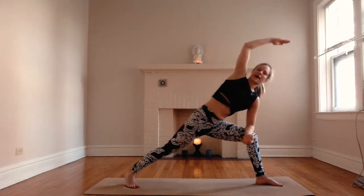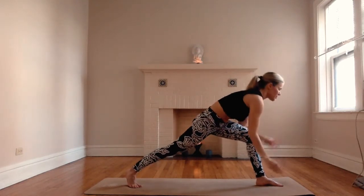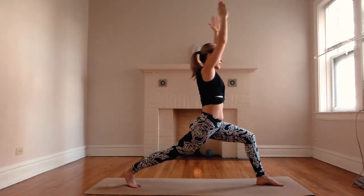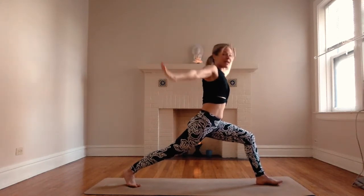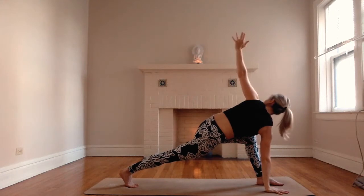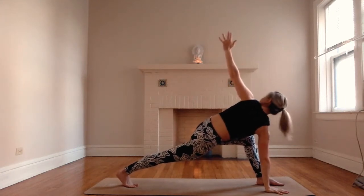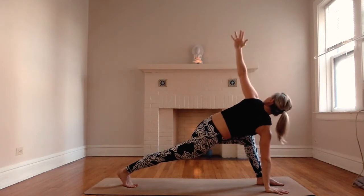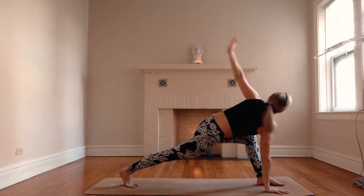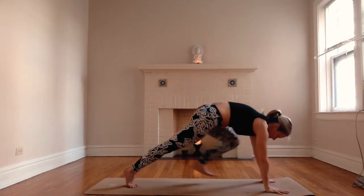Come up on that back, on that right ball of the foot. Heel comes up. We're back in crescent lunge. Bring that right hand down to the mat and open up for a twist. Press that back heel towards the wall behind you. Deep inhale, and then exhale, bring the left hand back down to the earth. Press that left foot back